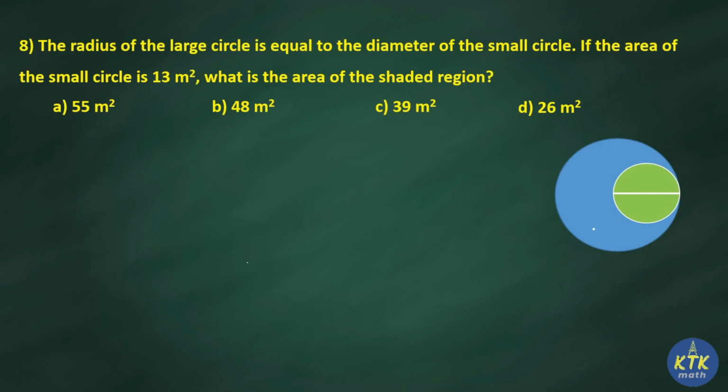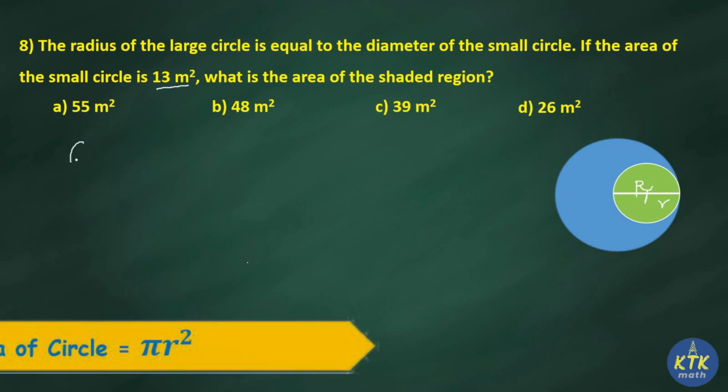Now we need to find the area of shaded region alone, but what they gave in the question is the area of small circle, 13 meter square. So we didn't have any radius or diameter there, directly they gave area. So now what I'm going to do, it's a very simple one. Small circle radius, I will mention it as small r. Then radius of larger circle, I can name it as capital R. To give the variation, I am using small r and capital R. So small r is radius of small circle, capital R is radius of big circle.